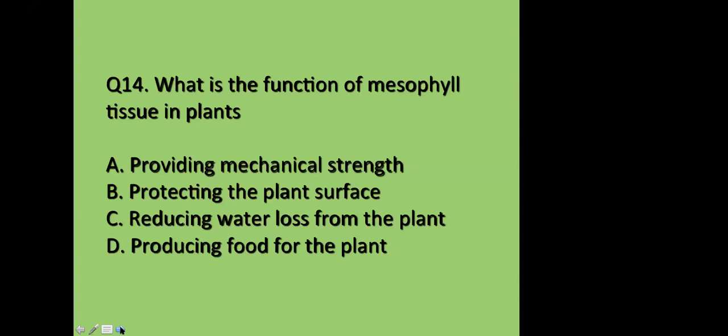We have seen in the LS of the leaf, also in the section of the leaf, that the mesophyll tissue, which lies below the epidermis, consists of a number of chloroplasts. Okay, so the chloroplasts are the site of preparing the food or photosynthesis. So obviously the mesophyll tissue is involved in producing food for the plant. Okay, so everyone is clear with this, I think, because it contains a number of chloroplasts, it helps in the production of food. Right? Shall I move on towards the next question? Okay. Yes.